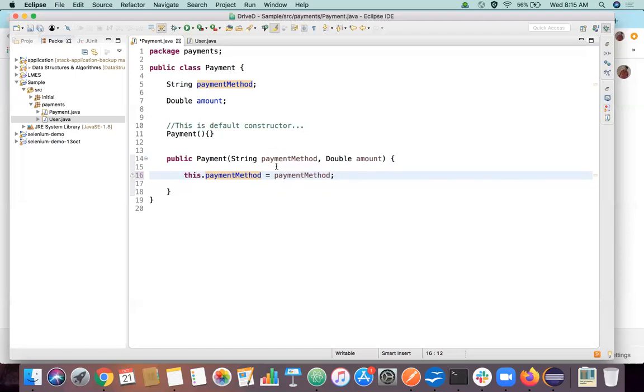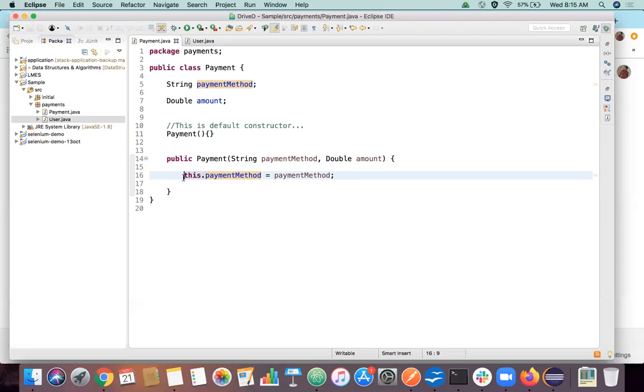So did everyone get this, or any confusion? What is the need for writing this? Without this, Java will not know which paymentMethod to assign. It will think we are assigning the value to itself.